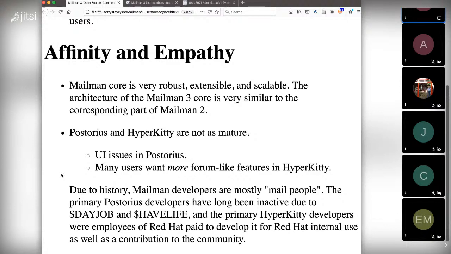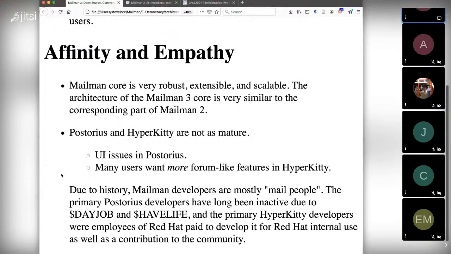We also tend to want to go to the people who originally wrote the code in order to get their opinions, and they take some time to reply, and so it's not a very efficient process. Then, as I mentioned, many users want more forum-like features in HyperKitty, and so there's a really big problem there that we don't have anybody who really understands the internals at this point. So we either have to do a lot of code reading, hi Jason, or we have to ask the people who wrote it.